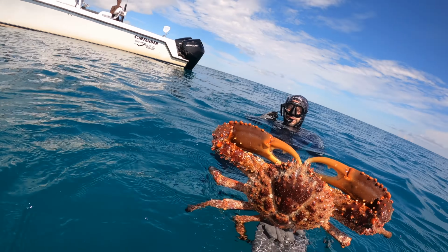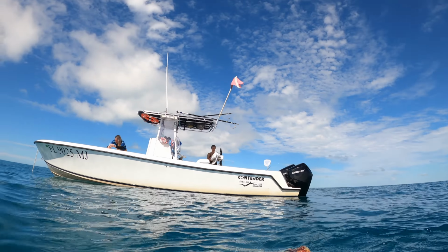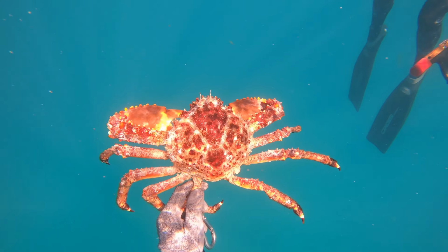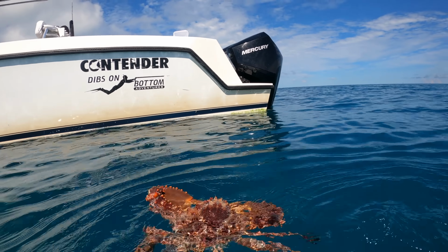Back door entrance. You want him? Not a grouper, but